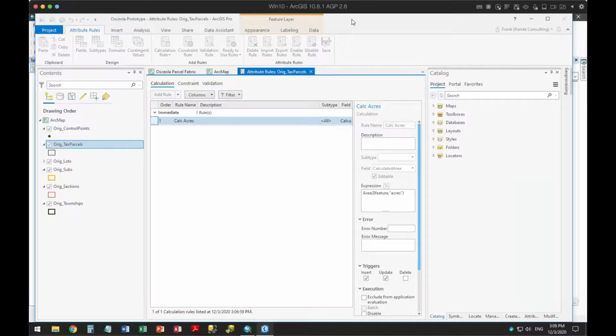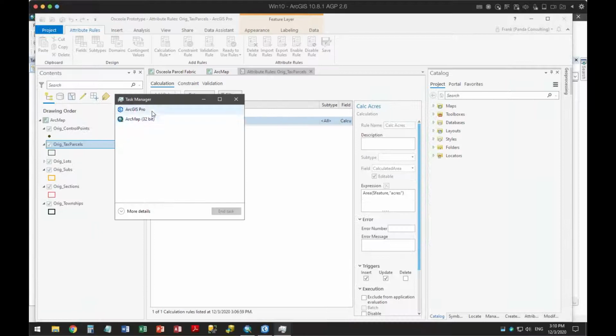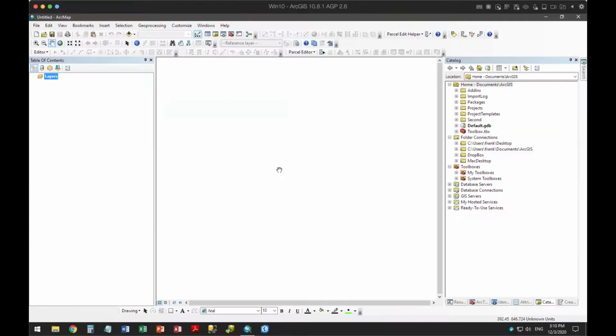Come on. I recently have been having ArcGIS Pro struggle stopping. I already saved it. I'm going to crash. And then I'm going to go back here